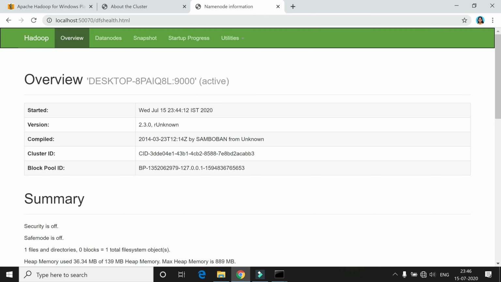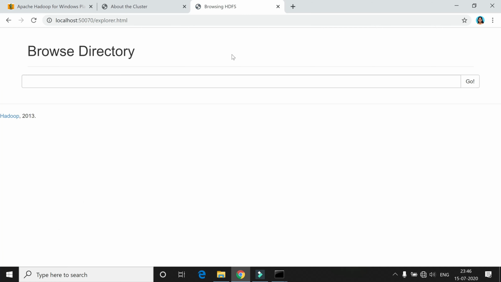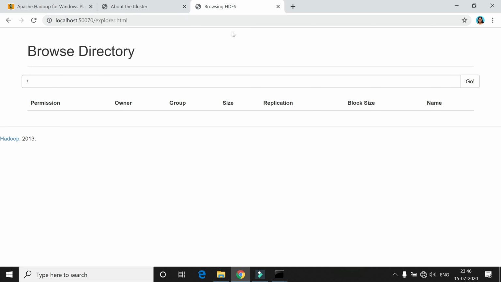Here we can see the status of your data node and name node, as well as whatever files you are storing in your HDFS system. If you go into browse the file system, you can see the files stored in your HDFS. As of now there is no file stored in my HDFS, so it is blank.